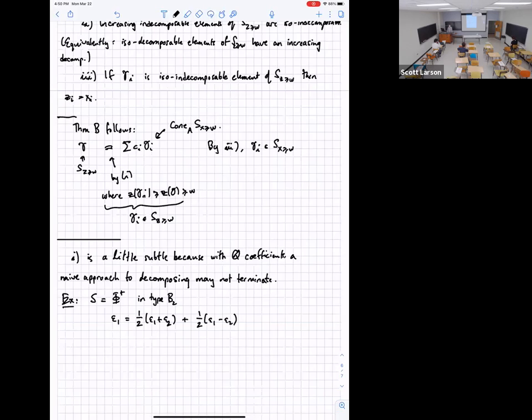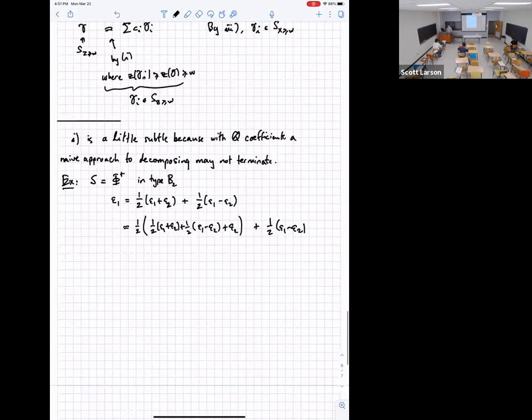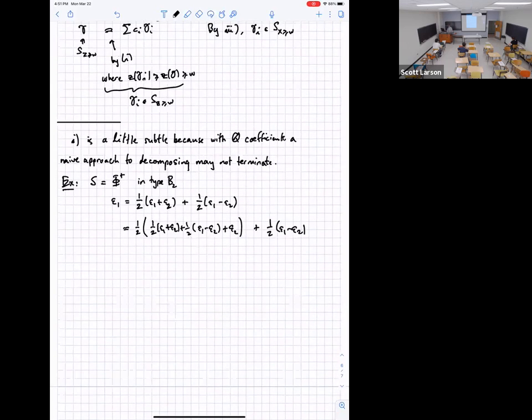We decomposed it with rational coefficients. But now we can do the same thing to that first epsilon 1 here. It's 1/2 of (epsilon 1 plus epsilon 2) plus 1/2 of (epsilon 1 minus epsilon 2) plus epsilon 2 plus 1/2 of epsilon 1 minus epsilon 2. I just decomposed one of those epsilon 1s. Well, you can see I can do this again and again. I can keep decomposing these epsilon 1s in this way, and then this process will never terminate. I can constantly keep going on. So this, of course, is the wrong way to decompose, and in fact,